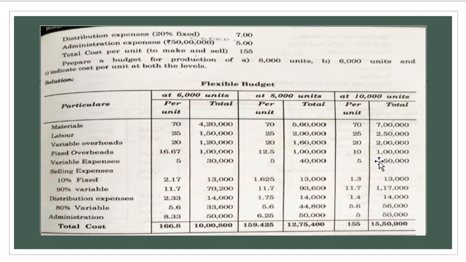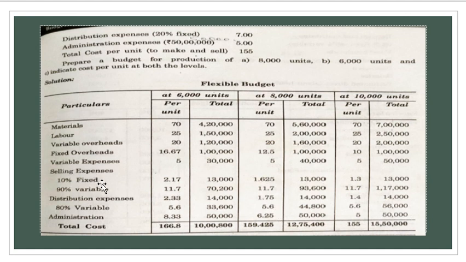This is how you're supposed to account in your flexible budget. So the same thing will be applicable for variable expenses and fixed expenses. So if you know this technique, you can easily solve the problems. So now for 8,000 units, the